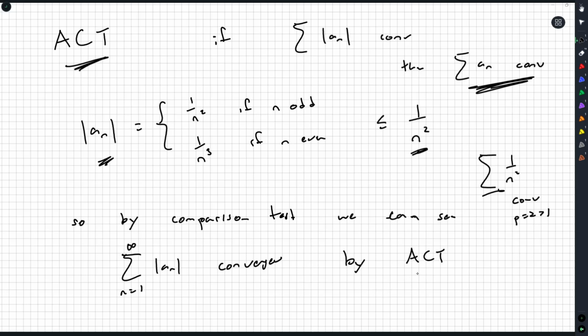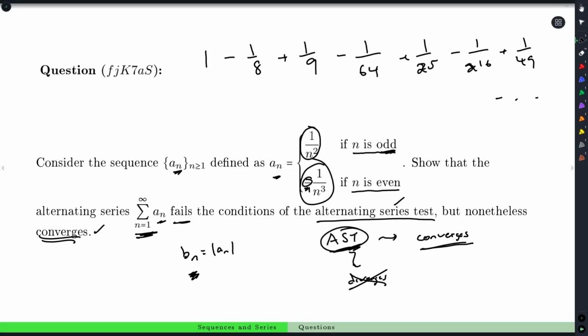So we said the AST doesn't work, but the ACT in this case it does. So we get that our ANs do converge. So there we go. A little rough. I could have written it up a little nicer and neater, but I like looking at this